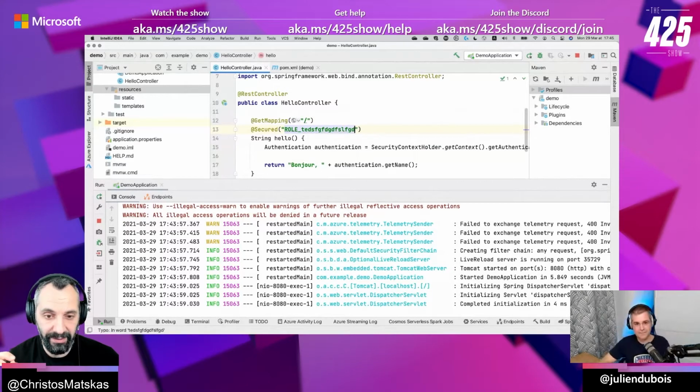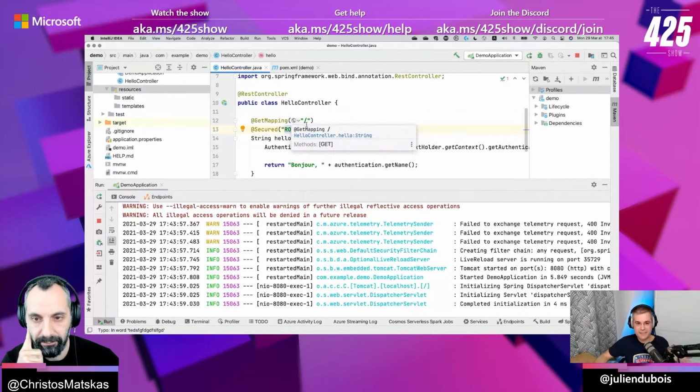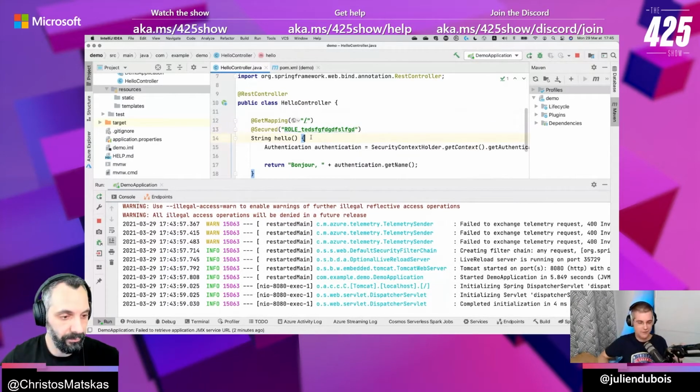So this is slightly hard coded there. Is it possible to pass a constant or a variable there to look at the role? Oh yes. There are different ways to do it. You can do, of course, a constant. That's probably the best way to do it. And also you can secure by URL. So there are two ways to secure. By URL, it would be in another configuration file where I say everything that is under /API is secured. Or you can also secure here per method. And usually I do both because you can always mess up easily either the API or the method. So I'm making sure that I have no issue. But those are two ways to do it. I would recommend doing both just to be sure.